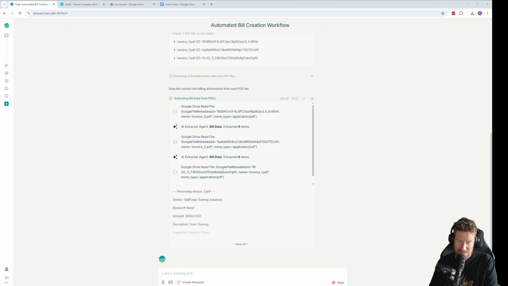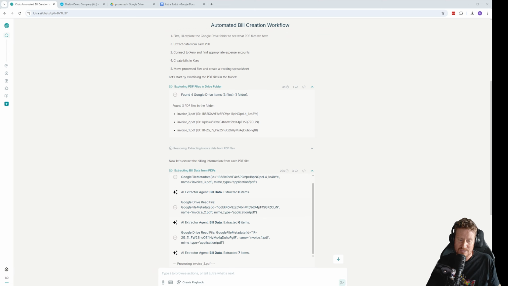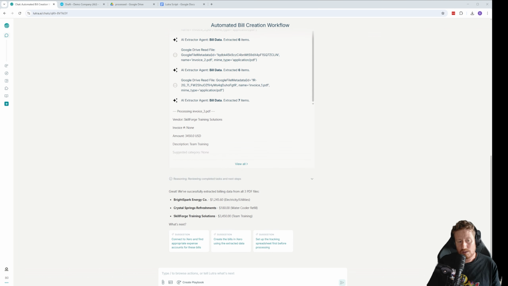I will be pausing the recording just so you don't have to wait for every step to go through. But you can actually see at the top, we found the Google Drive folder, we found the invoices within it, and then now we've started to actually read those PDF files and extract the data from them as well. Okay, so you can see here, it's extracted the billing data from the 3 PDF files,